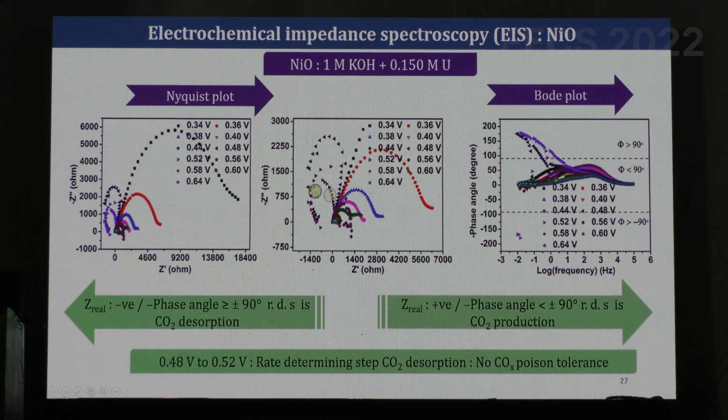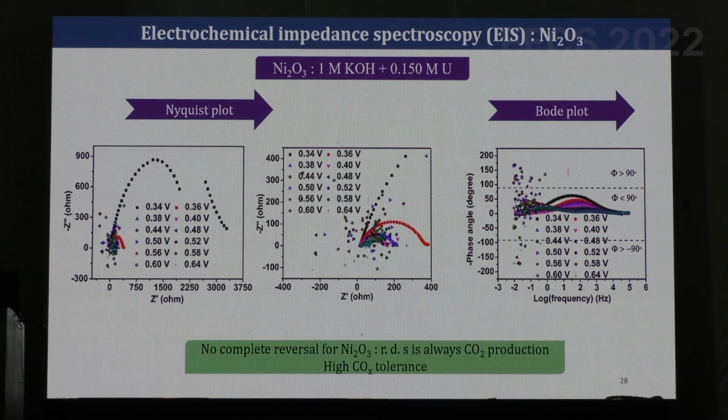Both are the same impedance shown in two different ways, but you get different information from each. Here you see a broad peak, which is basically a convolution of two phenomena that is resolved in the Bode plot; one can say that one is a direct and the other is an indirect one. And once again, in the case of Ni2O3, you see that